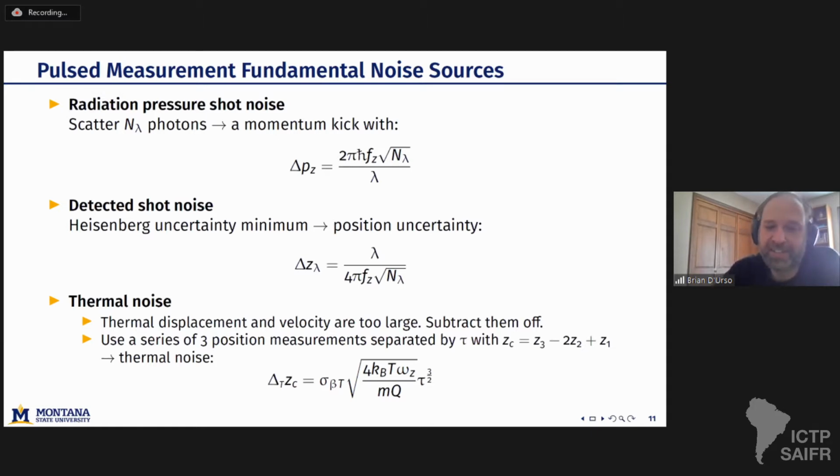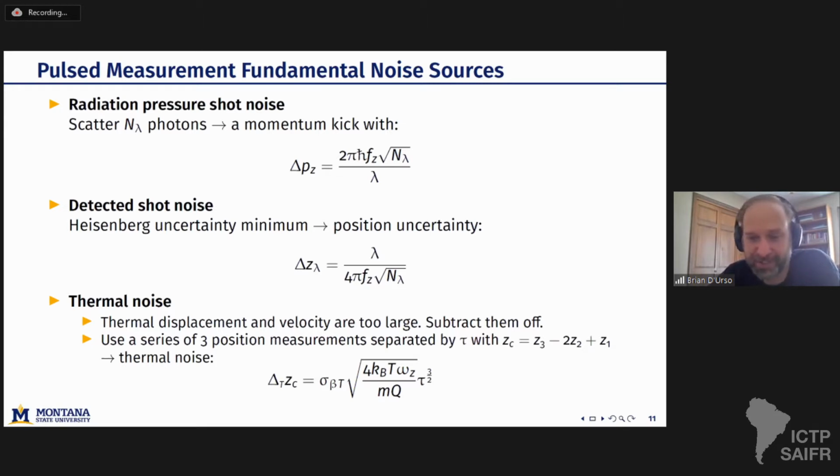One way to try to get around that is to do a sequence of two measurements really close together. Instead of measuring a position, you effectively measure a velocity or a displacement over a very short time period. It turns out that helps, but the thermal velocity is still effectively too large and dominates the measurement. However, if you do a series of three measurements and calculate something that looks like a finite difference acceleration,